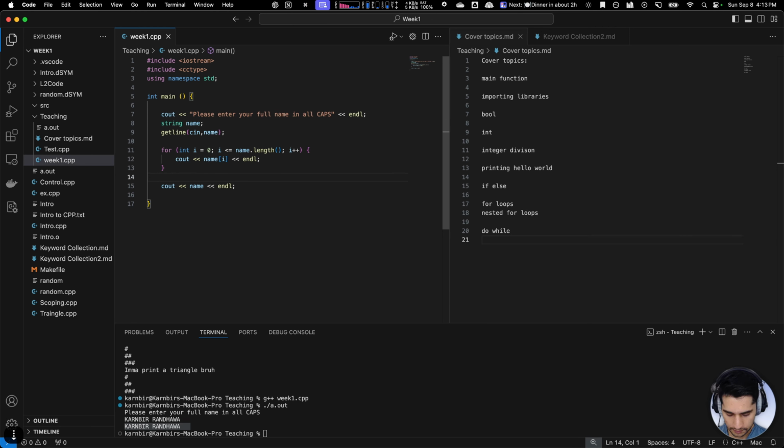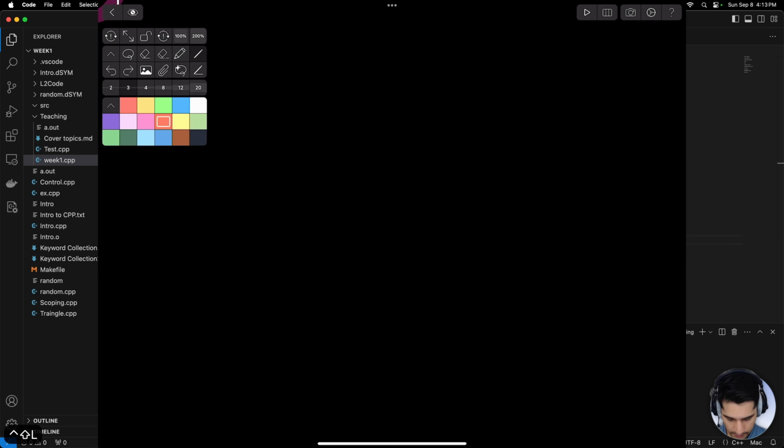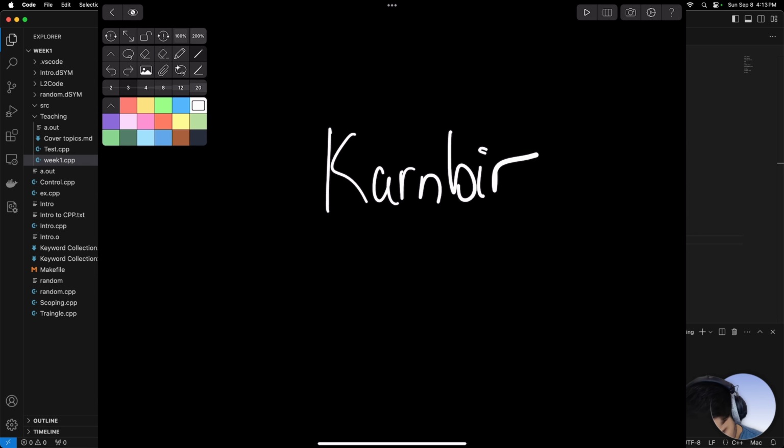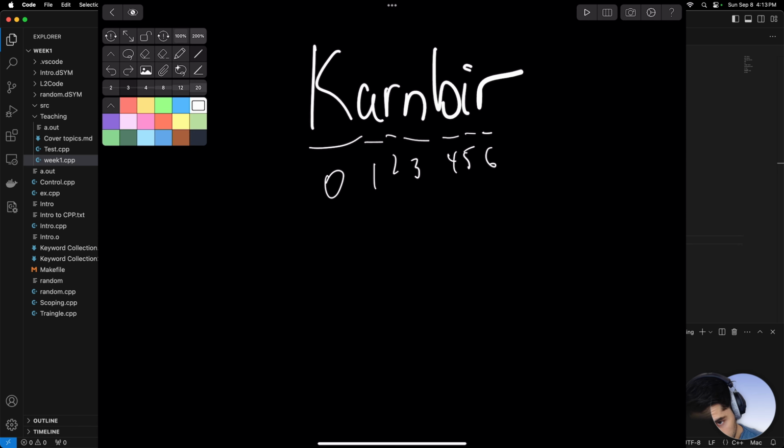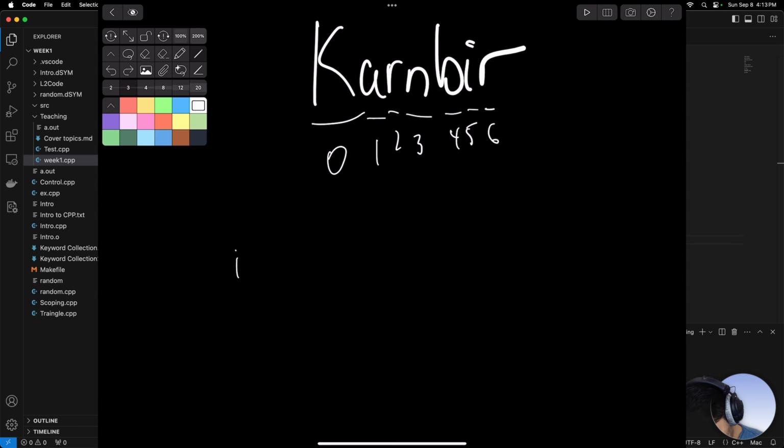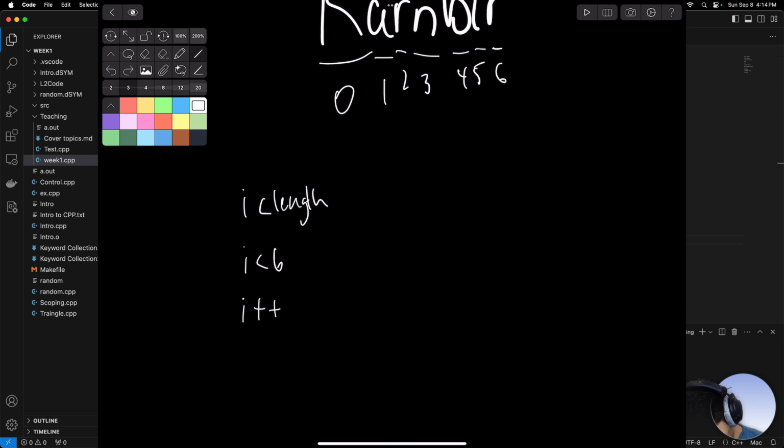So what that really means is, if I had a name such as, let's say, so here's my name. At each of these positions, there'll be 0, 1, 2, 3, 4, 5, 6. And what I'm going to do is, for as long as i is less than the length of, so for as long as i is less than 6, I'm going to keep on bumping i up, and I am going to